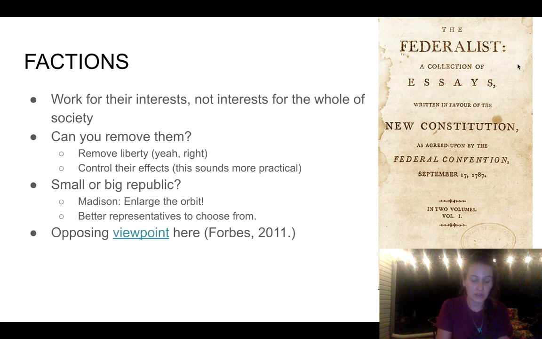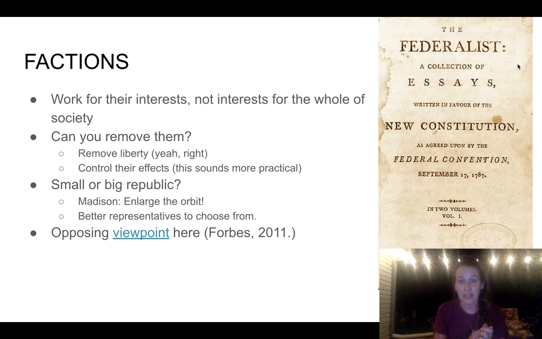Okay, so Madison explained that having a large republic provided more advantages than having a population with a diversity of interests and opinions that created less opportunity to vex and oppress others. As the republic and its population grows, there will be more people to be chosen as representatives, and that will likely lead to representatives with the best abilities and characteristics to govern. Do we think the best people are representatives now? Some might disagree, but something to think about. Madison hoped that people will elect those who best discern the true interest of their country and whose patriotism and love of justice will be least likely to sacrifice it to temporary or partial considerations, and therefore will minimize the